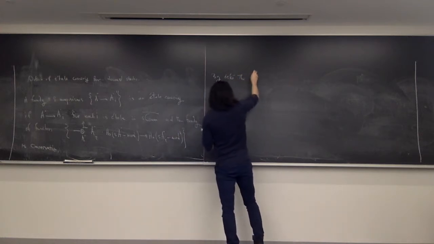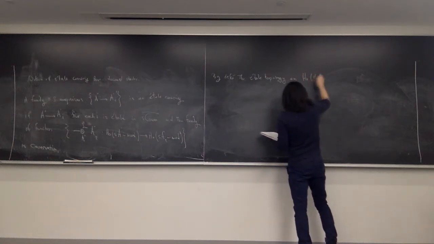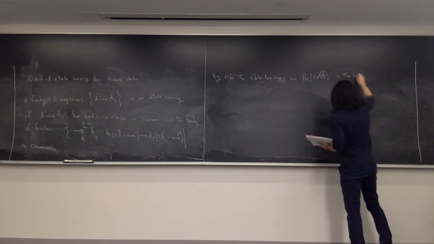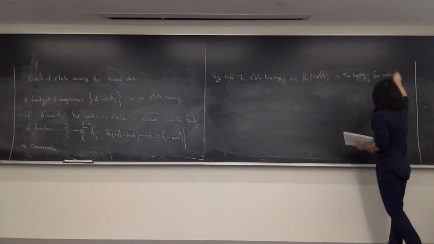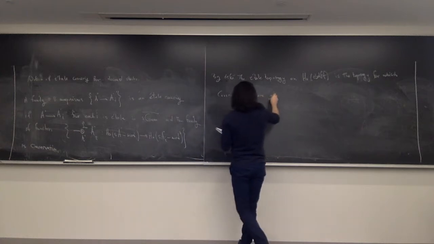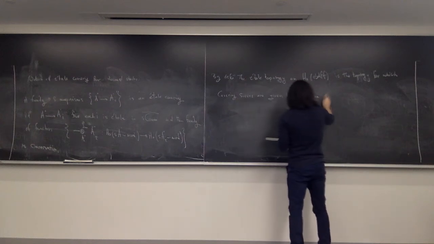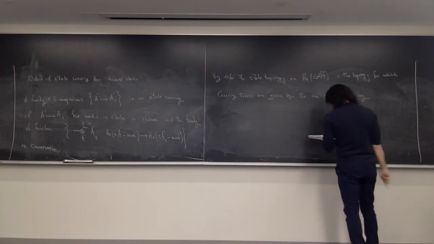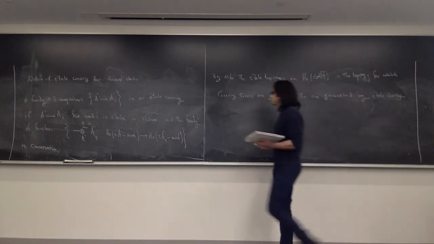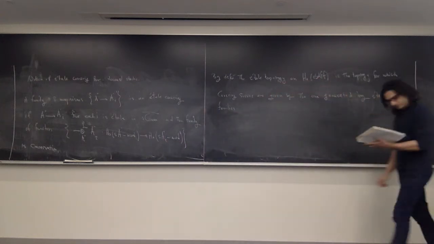And so by definition, the étale topology on this homotopy category of derived affine objects is the topology for which covering sieves are given by these étale covers. Okay? Are given by the ones generated by étale covering families. Okay, so this is that, and then similar to before,